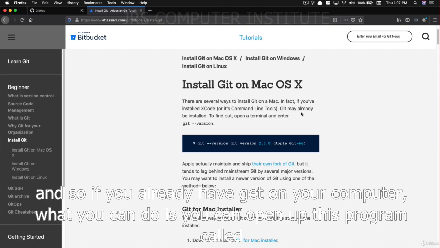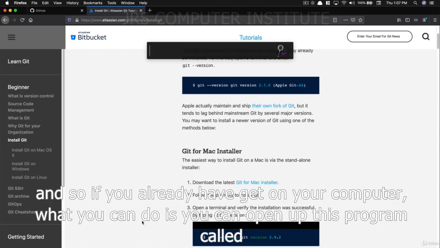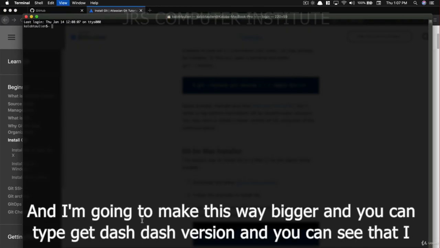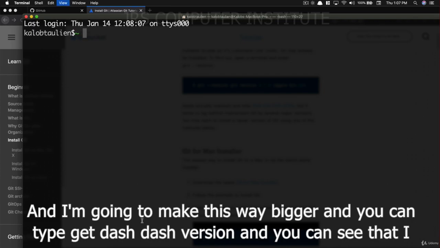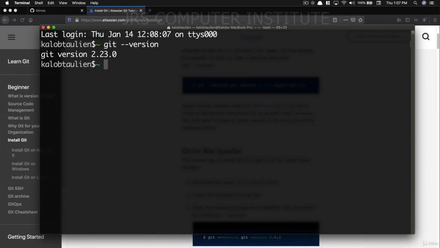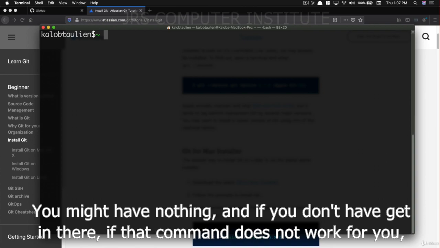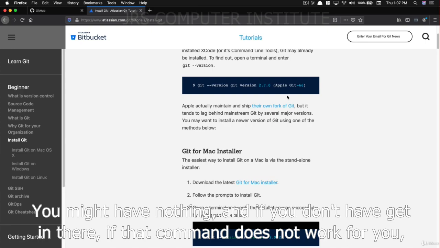If you already have Git on your computer, what you can do is open up this program called Terminal. I'm going to make this way bigger. You can type git --version, and you can see that I have Git version 2.23. You might not have that already. You might have nothing. And if you don't have Git in there, if that command does not work for you,